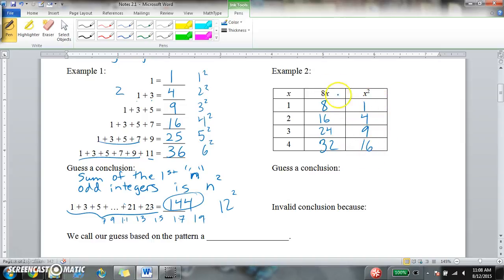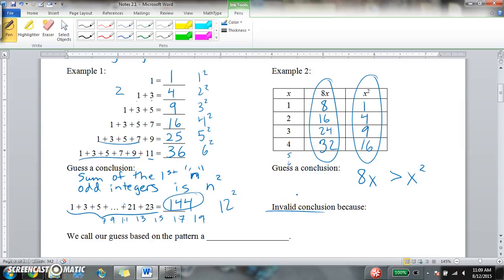So the only thing I can really notice about this is that this number is always bigger than this number. So if I multiply a number by 8, I'm going to get a greater number than if I square it. That's the only thing I can really notice from this pattern. So my guess is going to be that 8x, 8 times some number, is going to be greater than whatever that number is squared. However, this is an invalid conclusion, because if I continue this pattern, I keep doing 5,